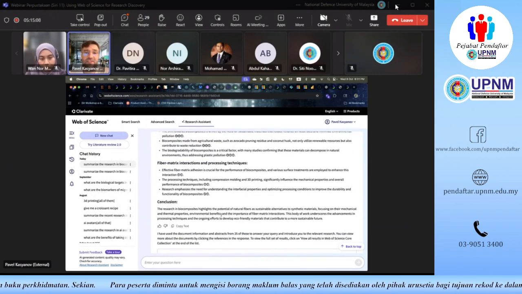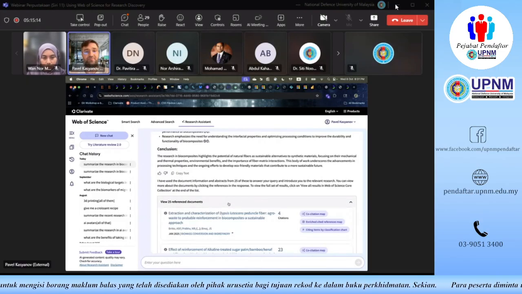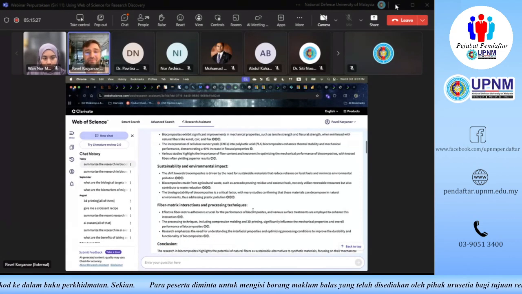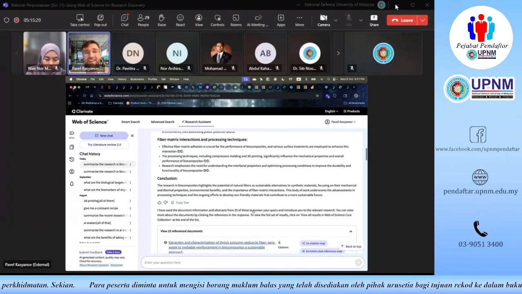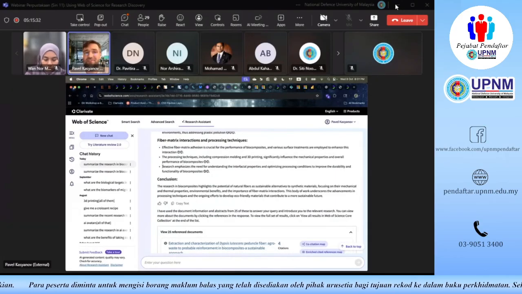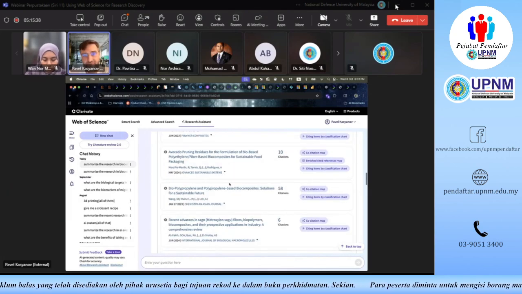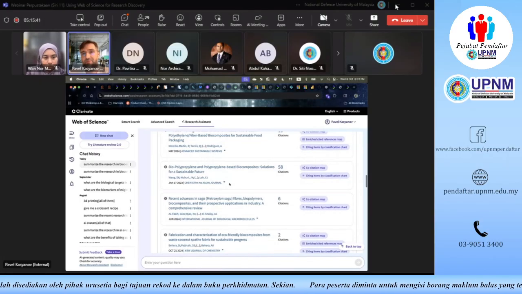And as you can see, each of the bullet points that it provides is linked to an individual Web of Science article. As you know, all the GPT-like models can sometimes come up with AI hallucinations, and the closer your question is to the boundary of human knowledge, the higher the probability of those hallucinations. So in case any of the ideas it's communicating just don't make sense, you always have a chance to verify that and check whether or not this is what the paper was about. So you can do that.